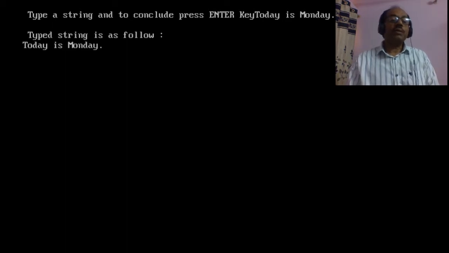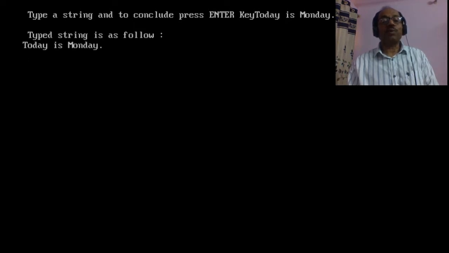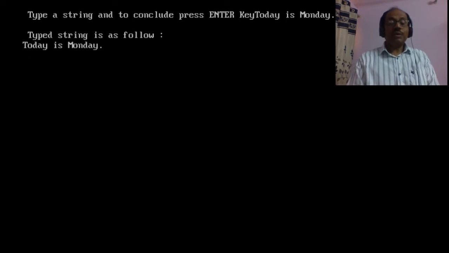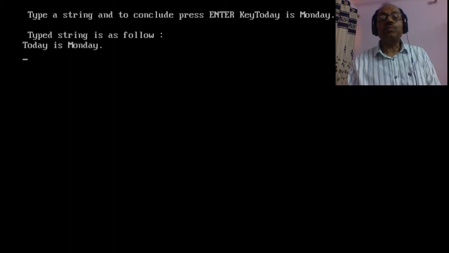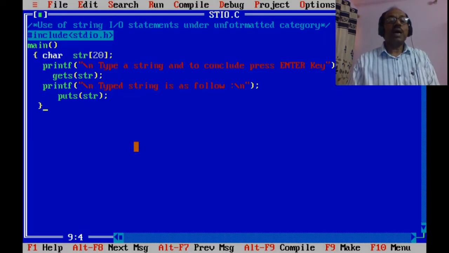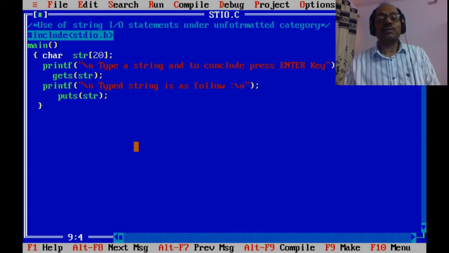After execution, the program is showing first the label, type string is as follow, and in the next line the string which I had typed, today is Monday. So this is the way of use and the functioning of string input output statements, I mean gets and puts statements.